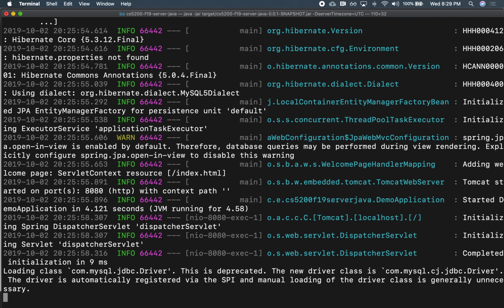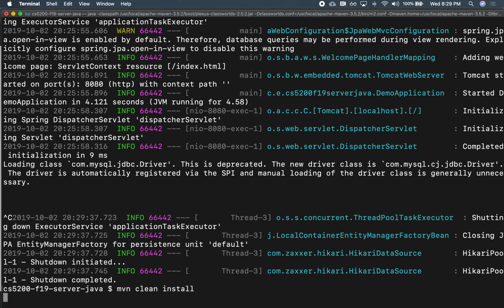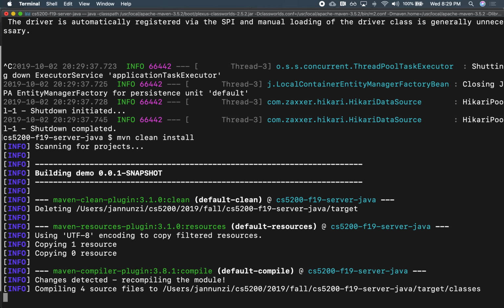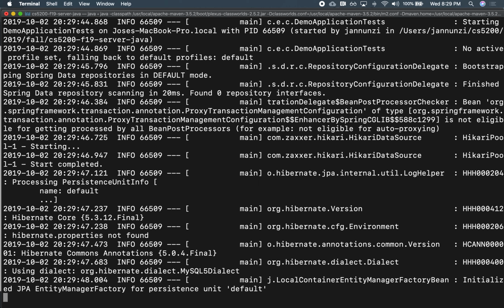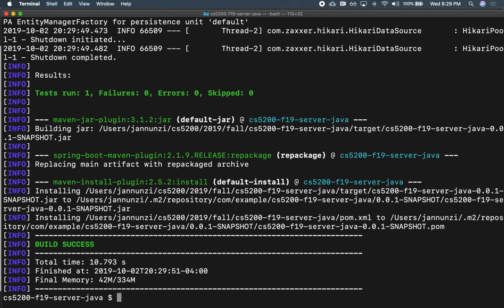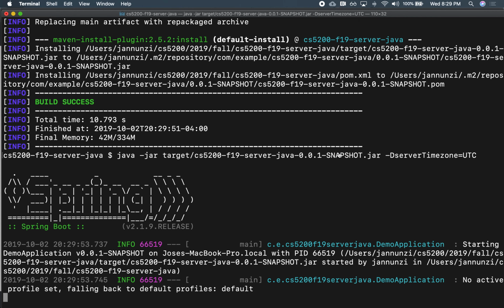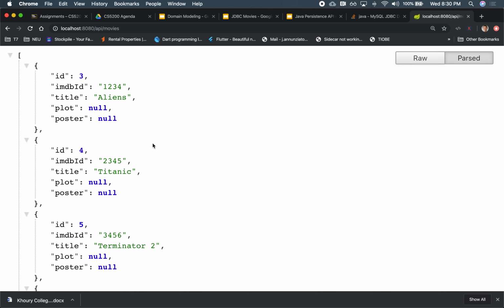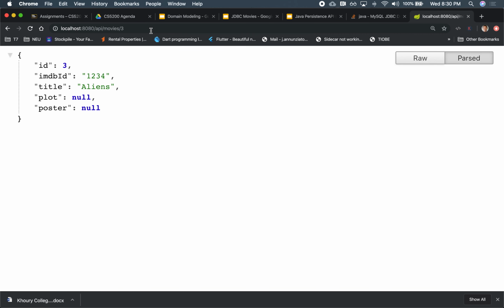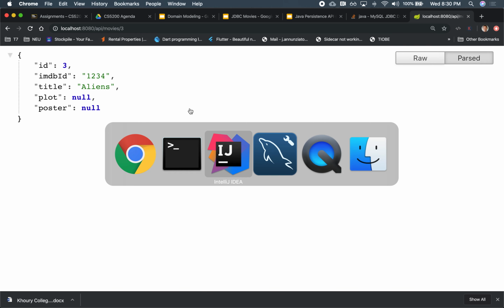Let's try it out. Let's see if this blows up. Let's run that, and so the first query should behave just identical, the same way, right? So it returns. Oop, not yet. All right, there are the movies. But instead, if I provide a particular ID, I say ID number 3, presumably it should just return Aliens. See that? It returns just that one as a single object. Okay. Excellent. So let's go on and implement the other ones.